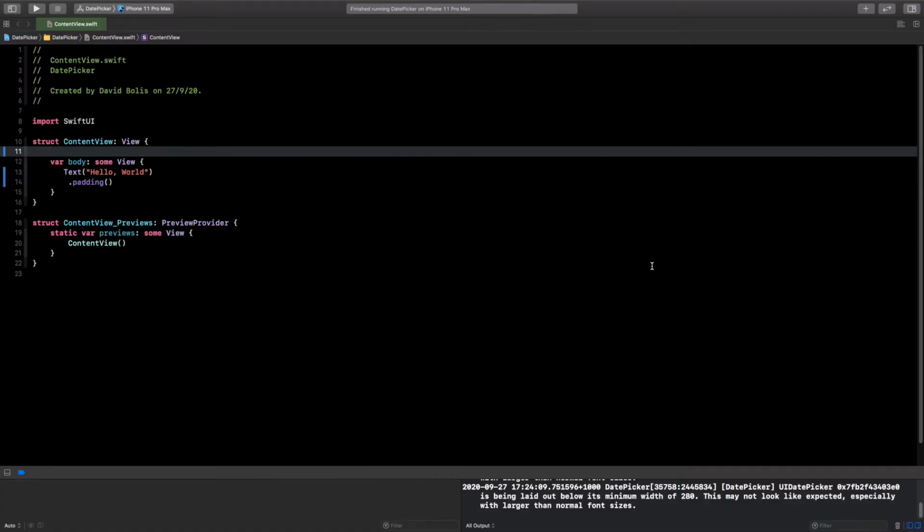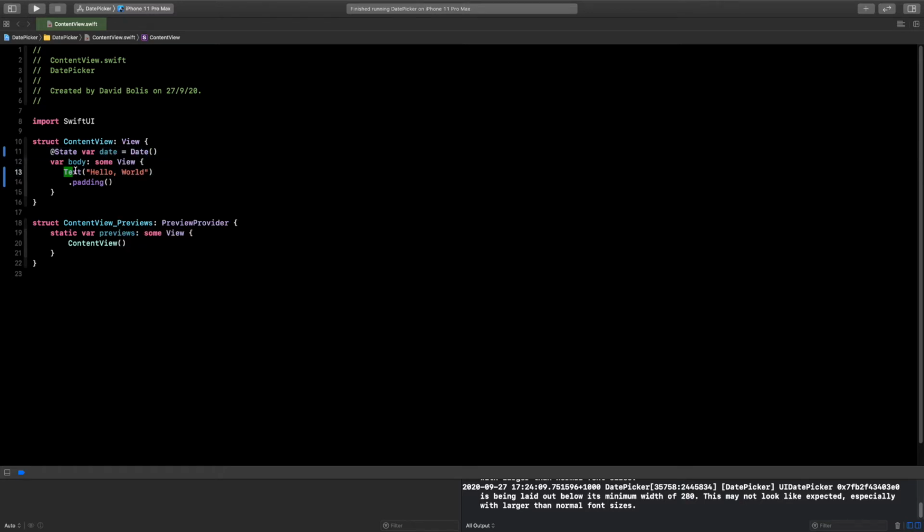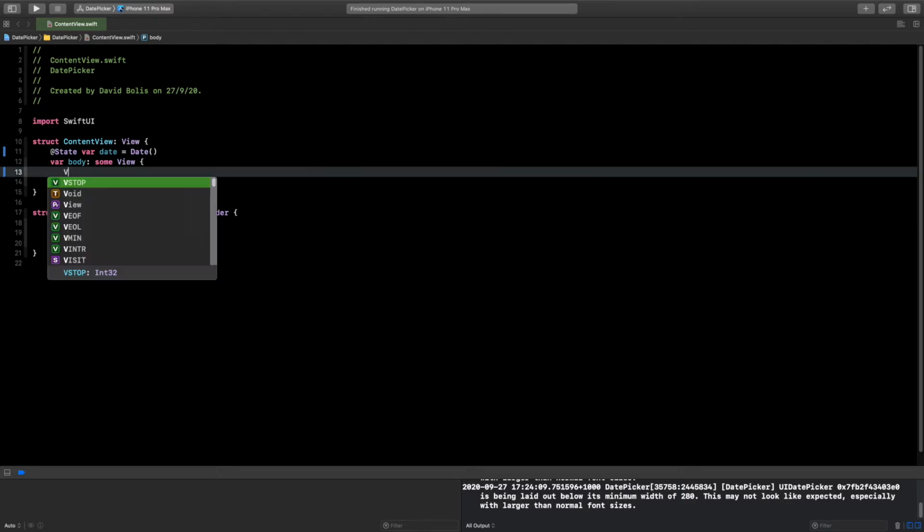Welcome back, guys. So the first thing we need to do is actually create a state variable, and I'm simply going to say add state, and I will call this date, and it will be of type, obviously you guessed it, date. Let's go ahead and obviously remove this text, and I will first add a VStack,